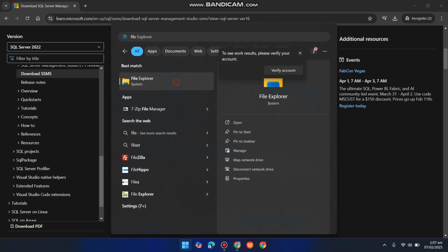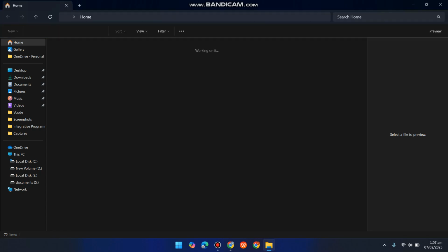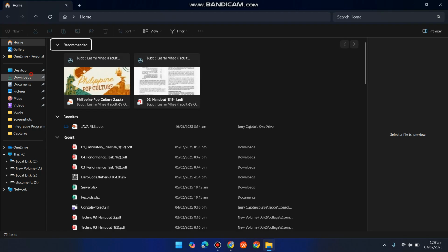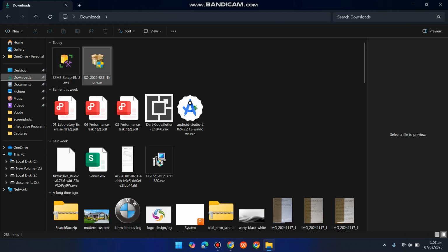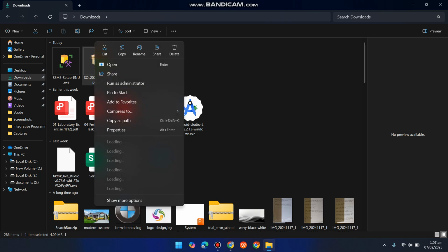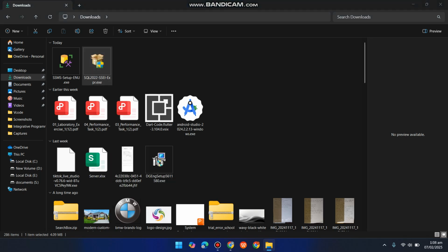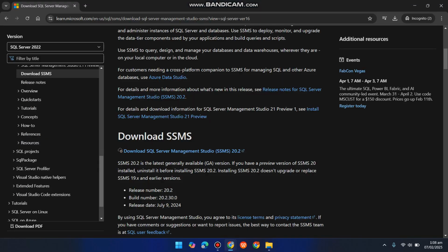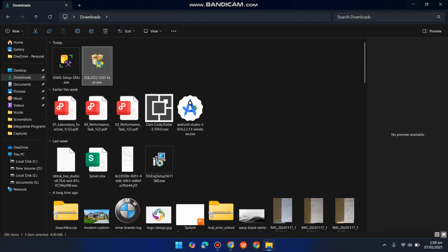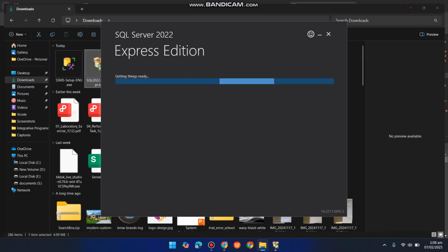And go to your file manager and find the downloaded file. Press download your Express SQL server. Click on that and minimize the tab.